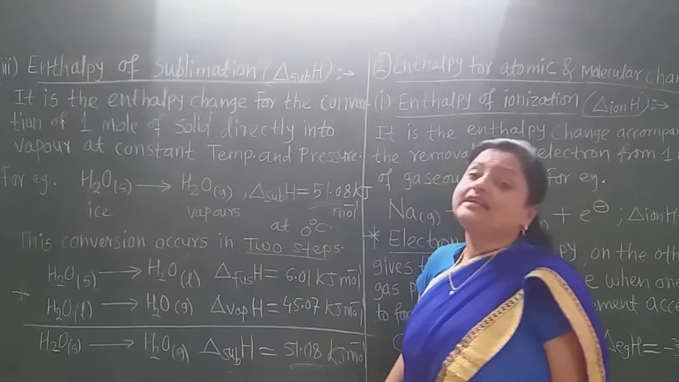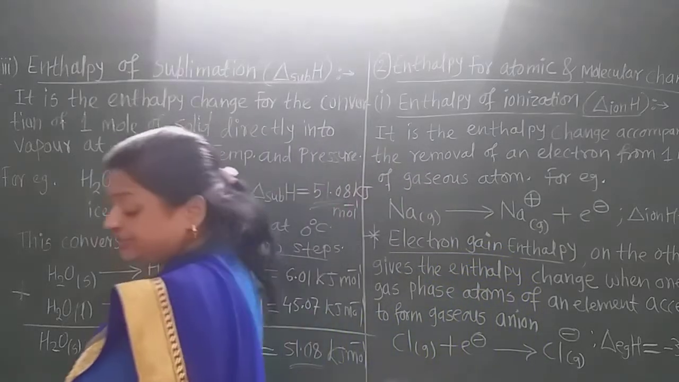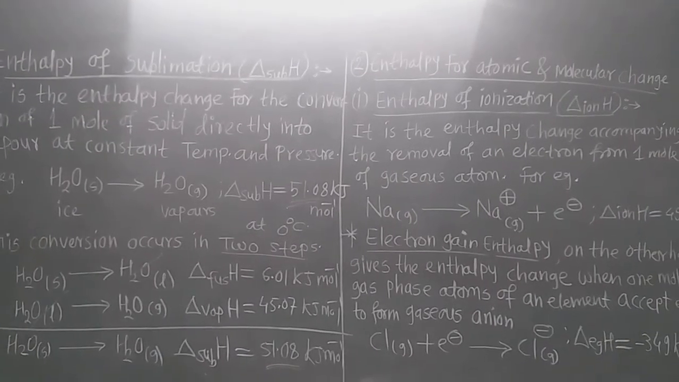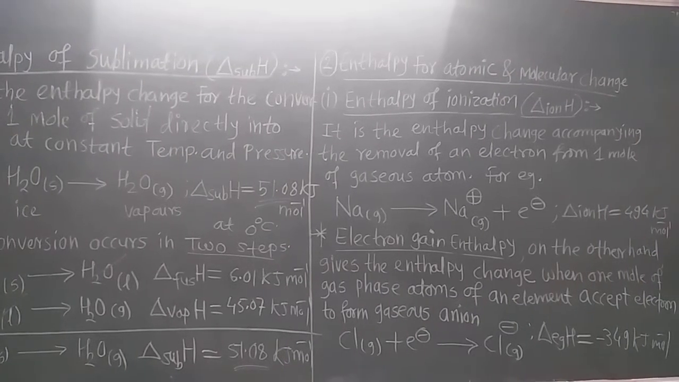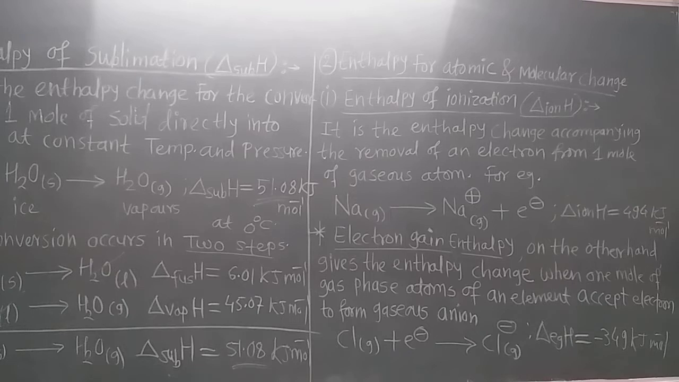And that summation is nothing but the enthalpy of sublimation. Now these three are the phase transition enthalpies, students. The phase transition enthalpy contains three enthalpies: enthalpy of fusion, enthalpy of vaporization and enthalpy of sublimation. Now come to the next, that is the second type of phase transition, the enthalpy for atomic and